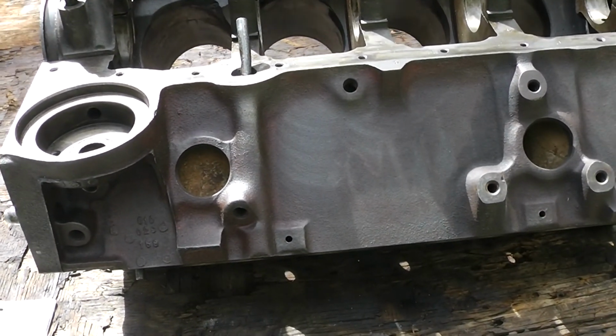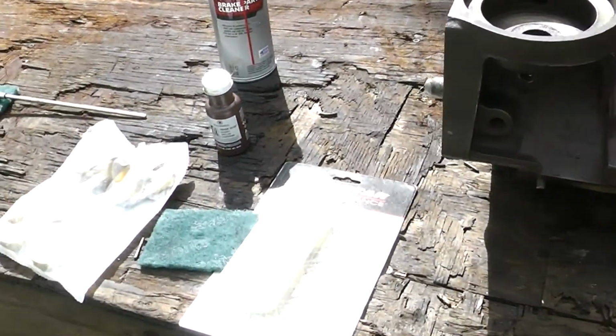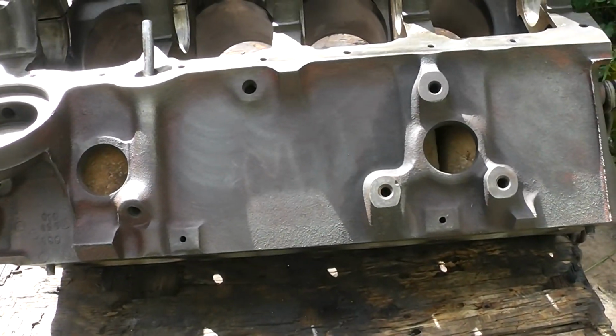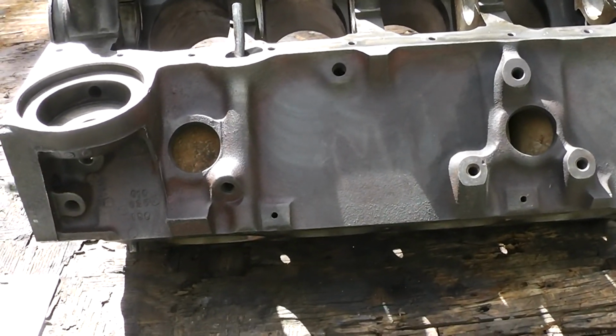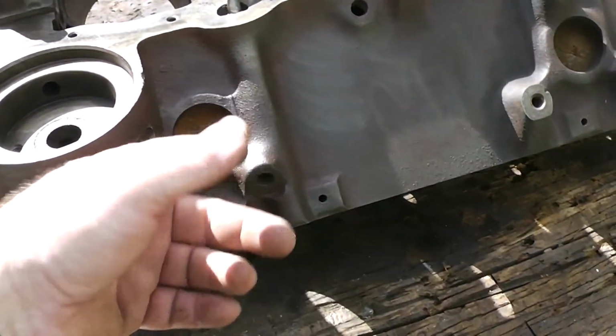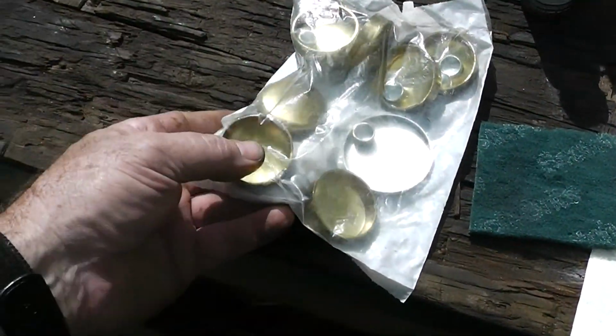Well guys, I haven't had a problem with the freeze plugs in all my other engines that I've driven and used popping out. Usually what happens is they rust out. They get a rust hole and they start leaking. It's a real pain in the butt to replace those while they're in the car, so I like to use